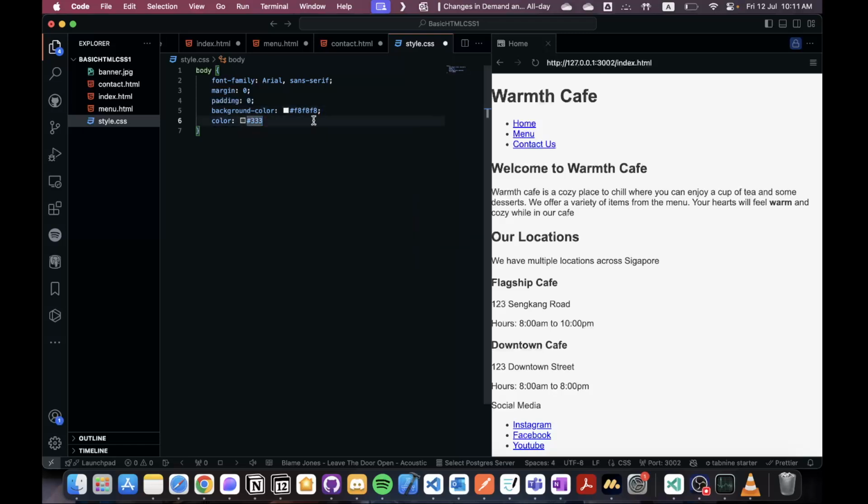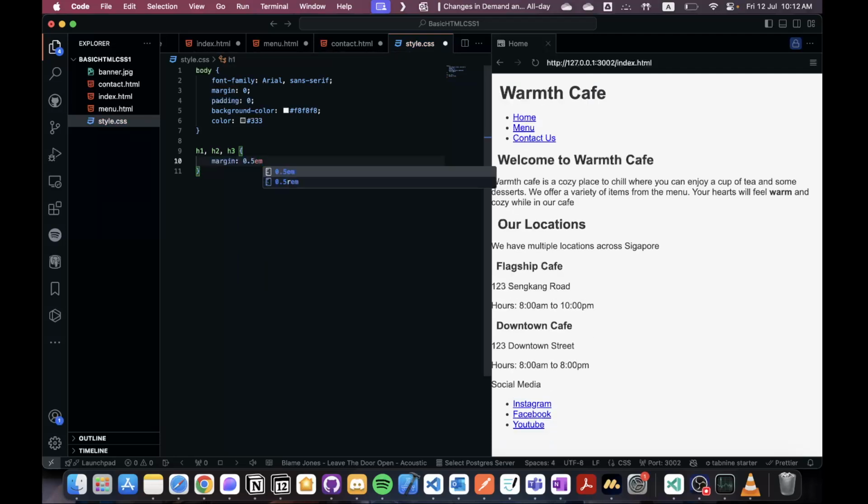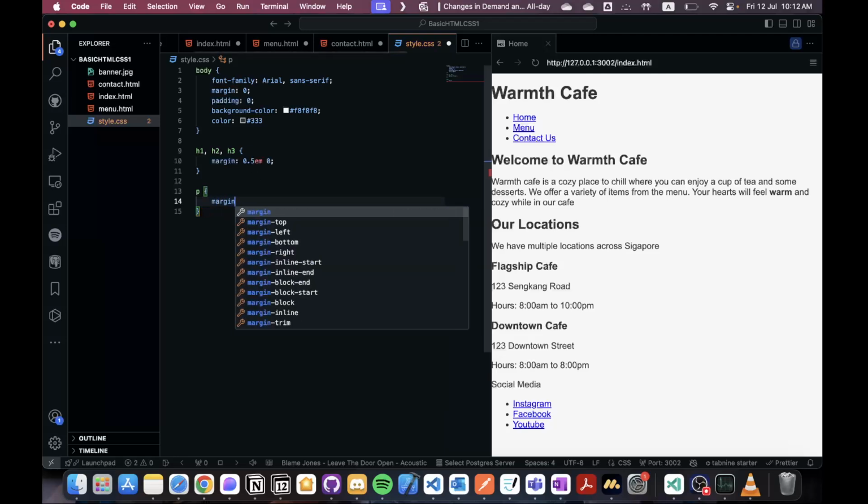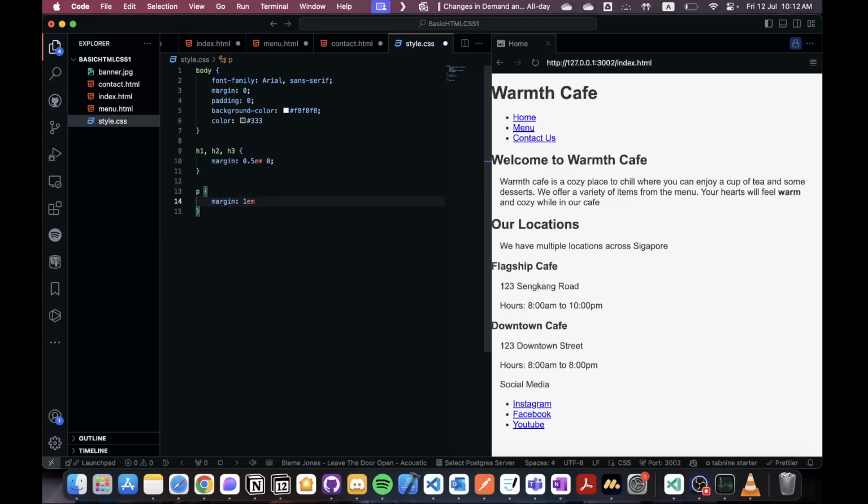Once we're done, we're gonna make sure that all our h1, h2, and h3 tags are similar. So we're just gonna call h1, comma h2, and then h3, and then we're gonna set the margin to 0.5 em. And then for our P, we're just going to set it as